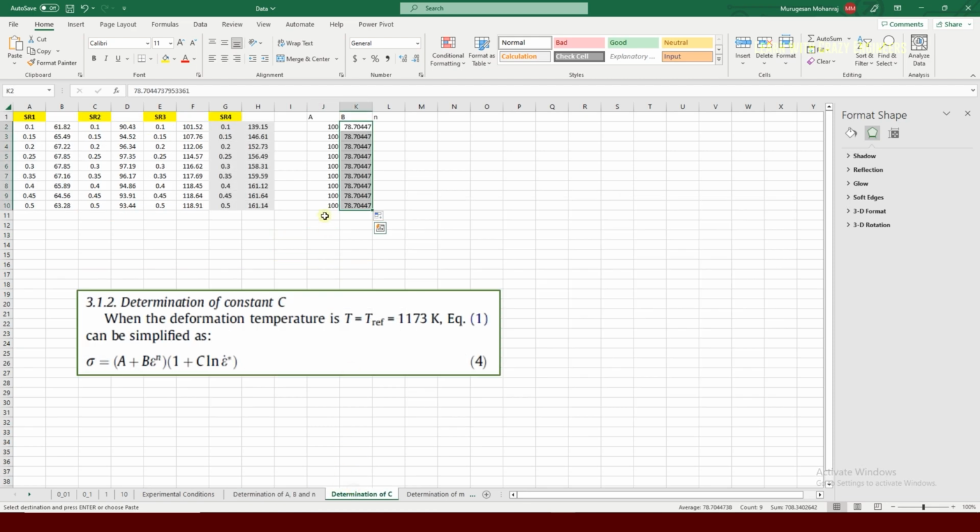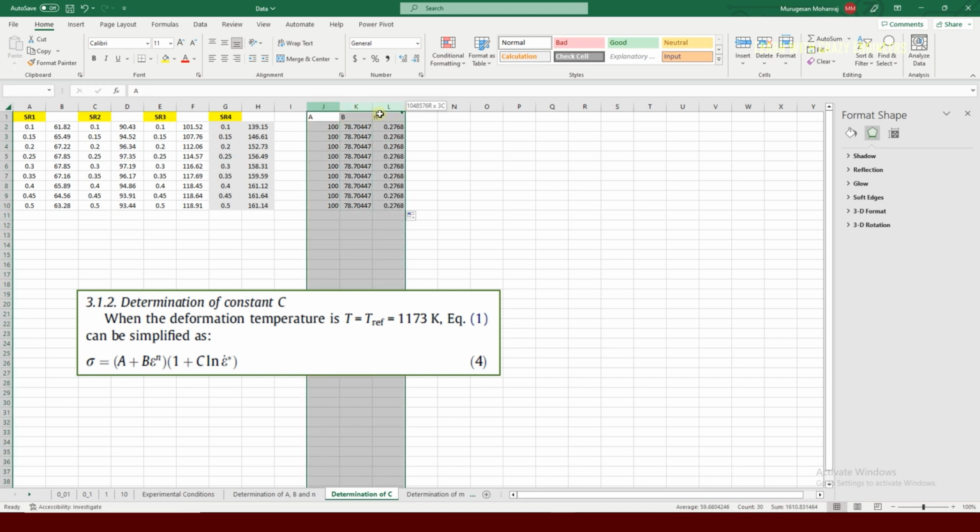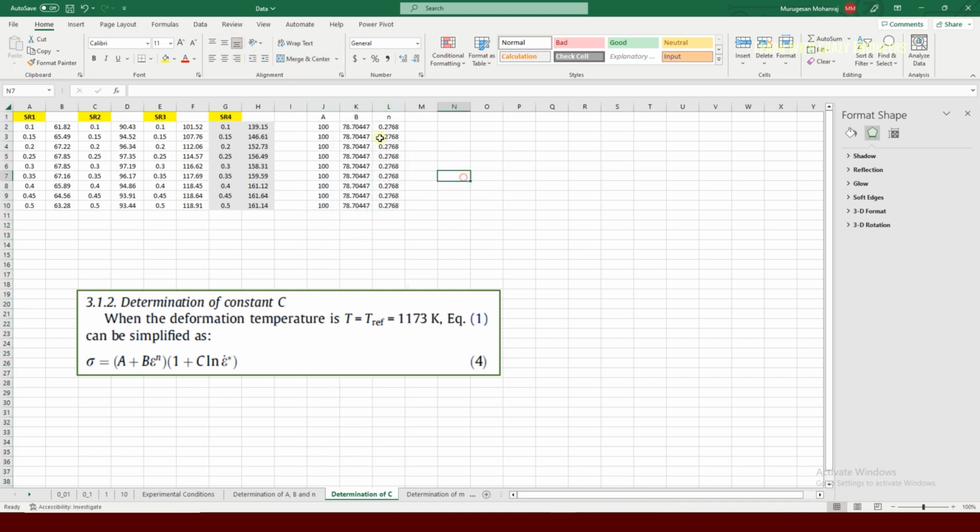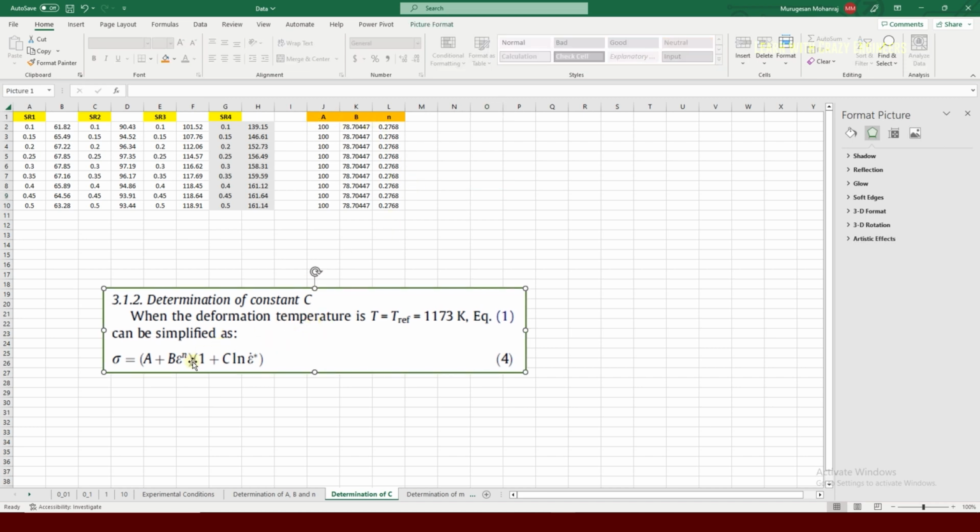The N is here, just copy and paste. This one, we are making the arrangements to make a calculation. So just put it like that. Fill the color with something like this. So this is ABN. If you see here, the equation is this one, but we want to do a little